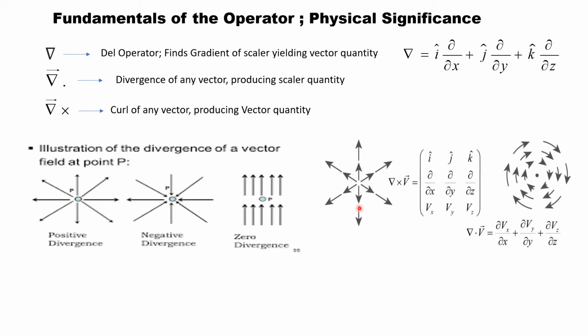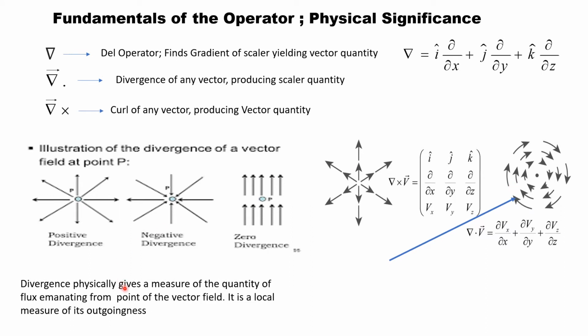Now this is the pictorial representation of the divergence, and we can write the divergence as the rate of change of the vector components in x, y and z directions: del vx/del x, del vy/del y and del vz/del z. The vector v is i cap vx, j cap vy and k cap vz. If you operate the del operator on the v vector, it will produce this quantity, which is a scalar. Now talking about the curl. The name itself implies how the field rotates at a particular point, the amount of rotation of the field lines or the flow lines. It is often associated with flow lines in physics.